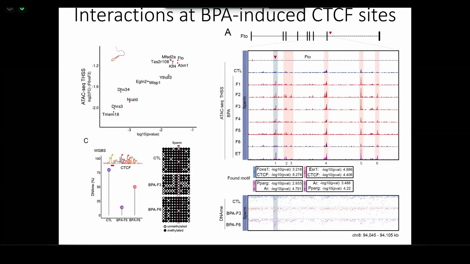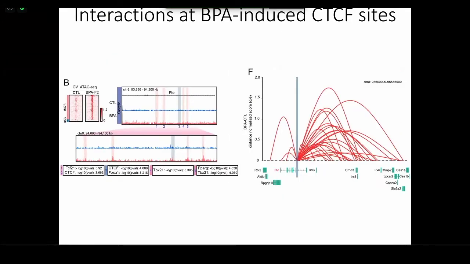But if we look by bisulfite sequencing, the CTCF motif has a CpG at position 2 of the C. This region is methylated in control, and becomes completely demethylated at this specific C in F3. And then when we look in F6, it becomes methylated again. Now, we think that the gene responsible for this is FTO because all these other genes are not altered in